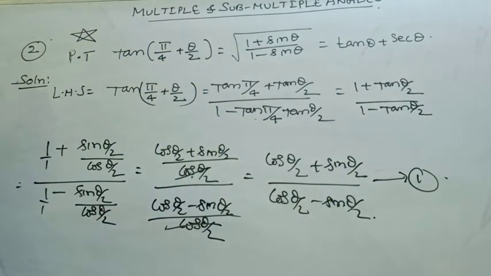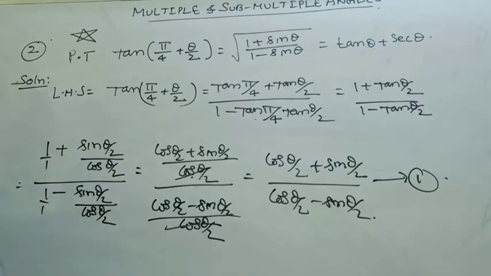Fine. You just remember, my dear students, how we have got this. We have taken the left hand side part and we got that as cos theta by 2 plus sin theta by 2. Now see, we are going to do the other part of it. How we are going to do, you please observe.